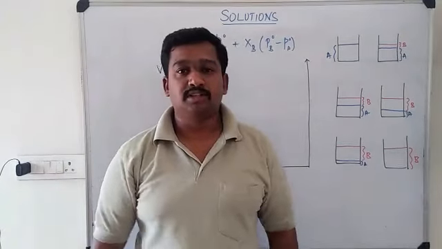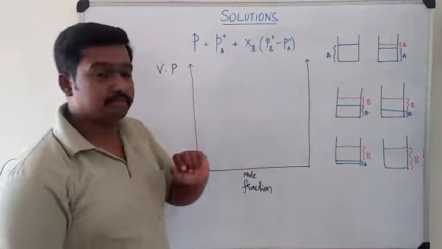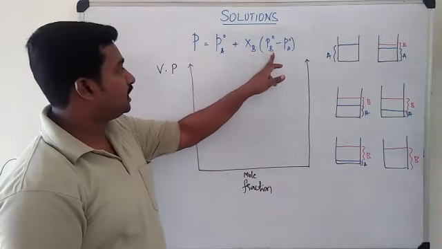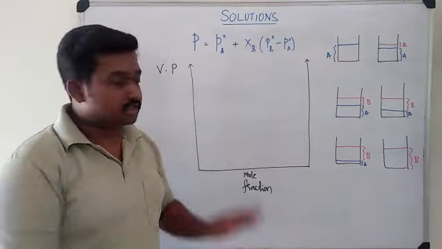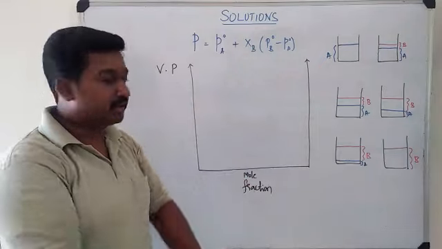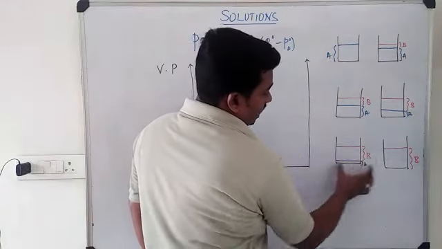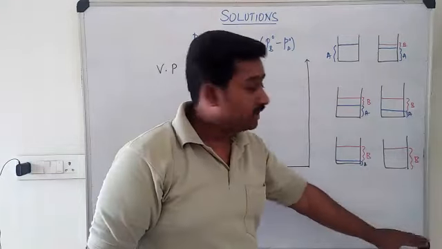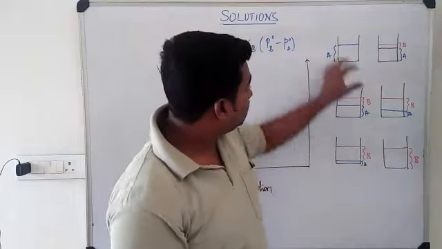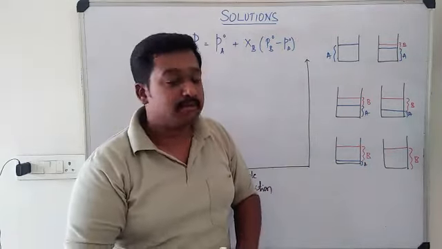Let's see what is the graphical representation of the equation which we derived just now. The total vapor pressure is equal to Pa naught plus xb into Pb naught minus Pa naught. This is the expression which is similar to y is equal to mx plus c, just now we discussed. I will consider certain cases like this. I have chosen some 6 different cases where all the beakers are of same size and the total volume, let us assume some 100 ml. Total volume is 100 ml.